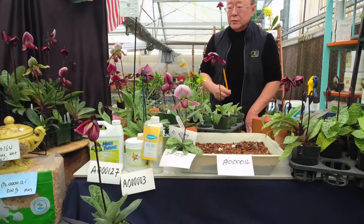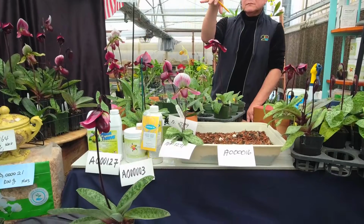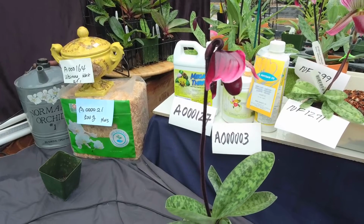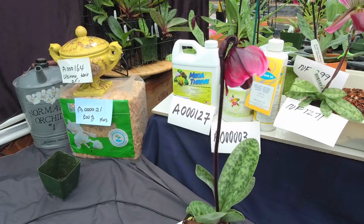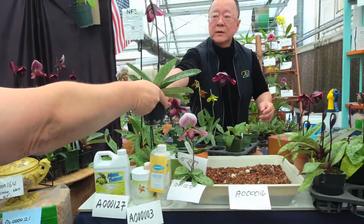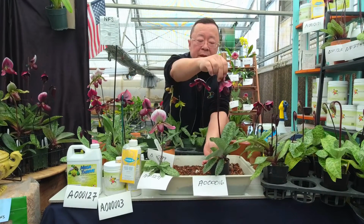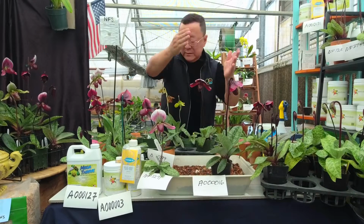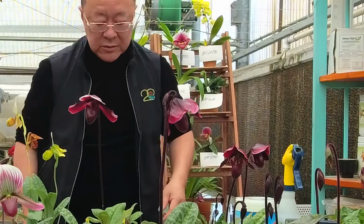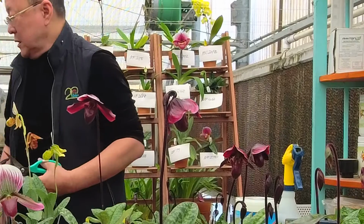And when the flower spikes are developing, probably got lack of water. Okay, so it's a combination of this physiology. So the flower buds are cooked. Well, there's nothing you can do. There's nothing wrong with the plant. Okay, so when the situation is like this, the spike is preventing them from fully opening, so you cannot really enjoy the flower. So the best part for me in the long run,